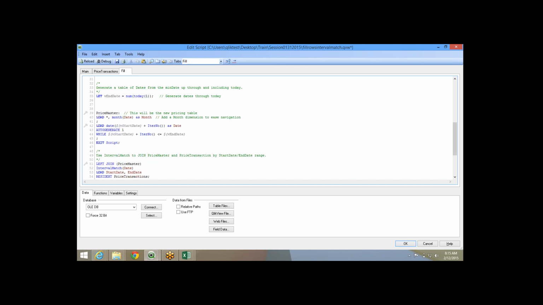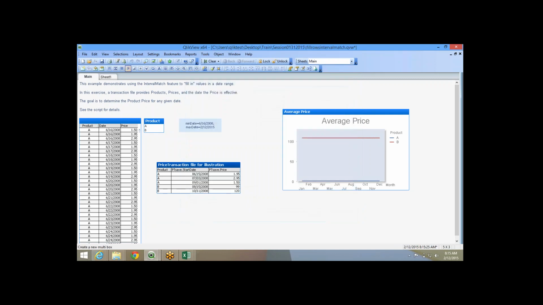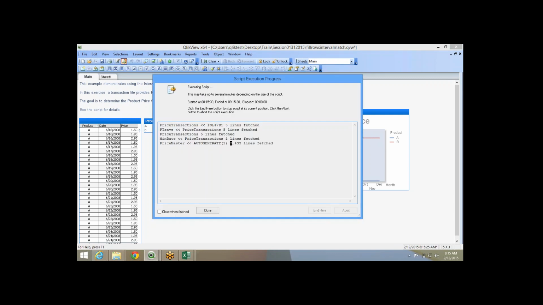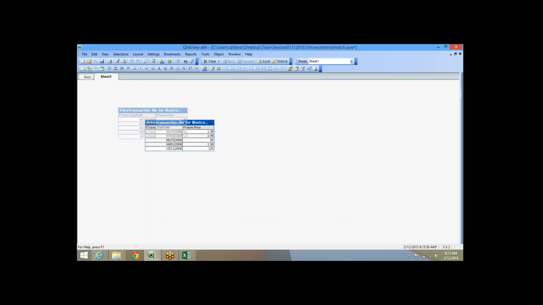We will just run the script and see how it fares till now. Okay. If you look at the auto generation, it says auto generated 1, but it generated 2,433 records. That means it has generated so many days. If you want to look at the days,